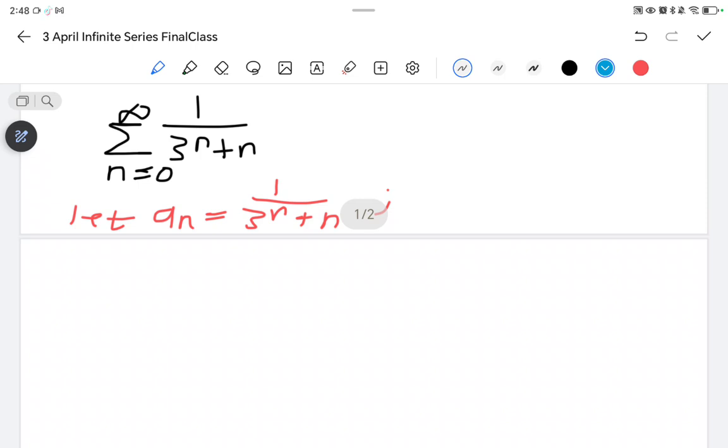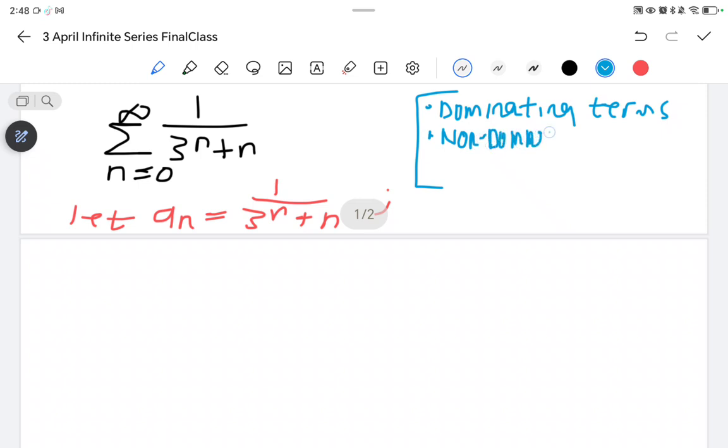We have three things for reducing. We have dominating terms, we have non-dominating terms,